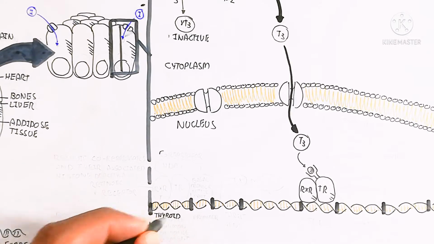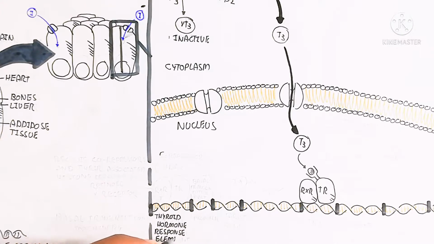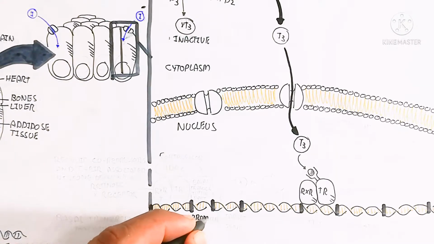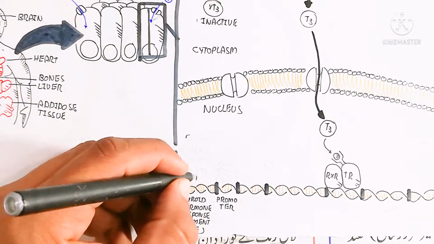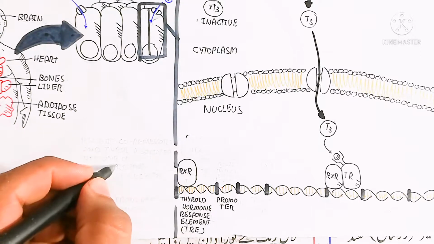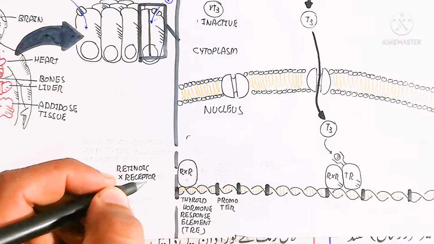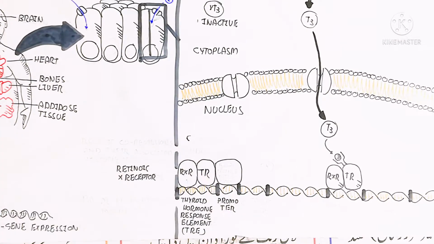So there are different genes. Here is the thyroid hormone responding element, TRE. This thyroid hormone responding element will be inactive before the binding with the T3. So before the binding, it will not express. So here is the HDAC. This is the recruited co-repressor, and their associated histone